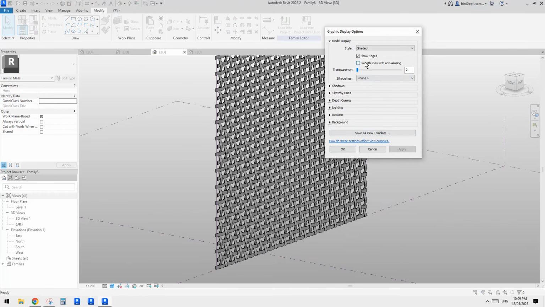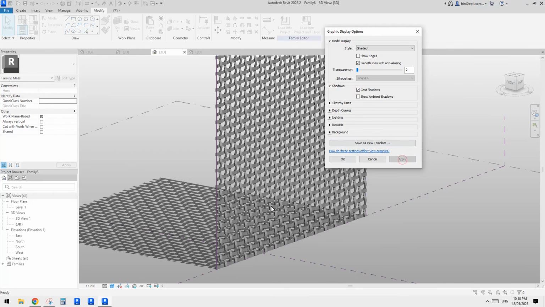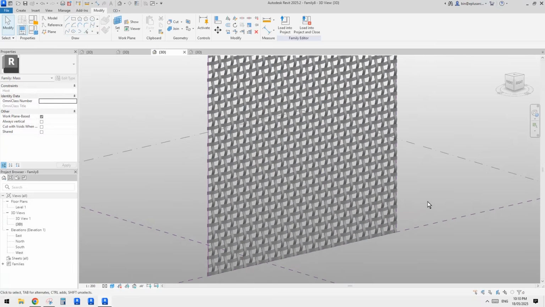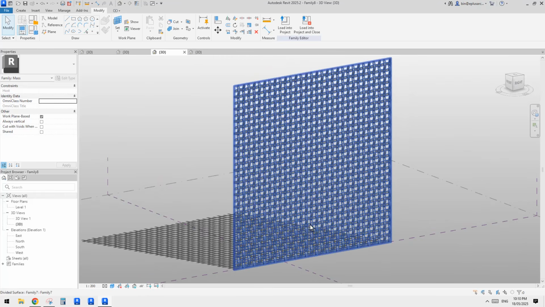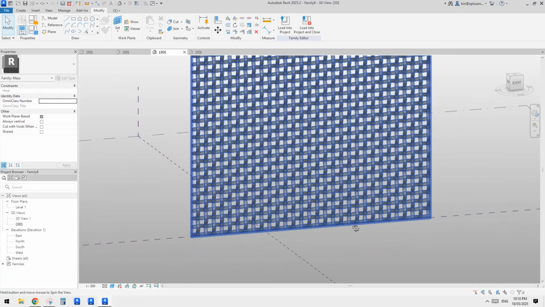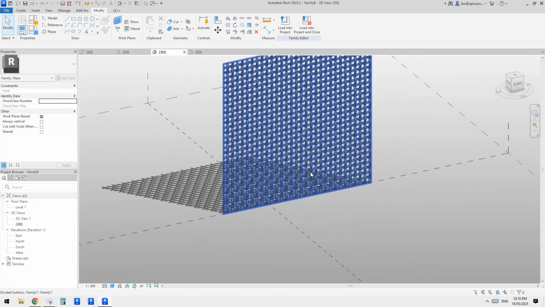Let me just quickly show some shadow maybe. Right, so yeah, nice. And yep, so this is it. I will upload this family so you can have a play,